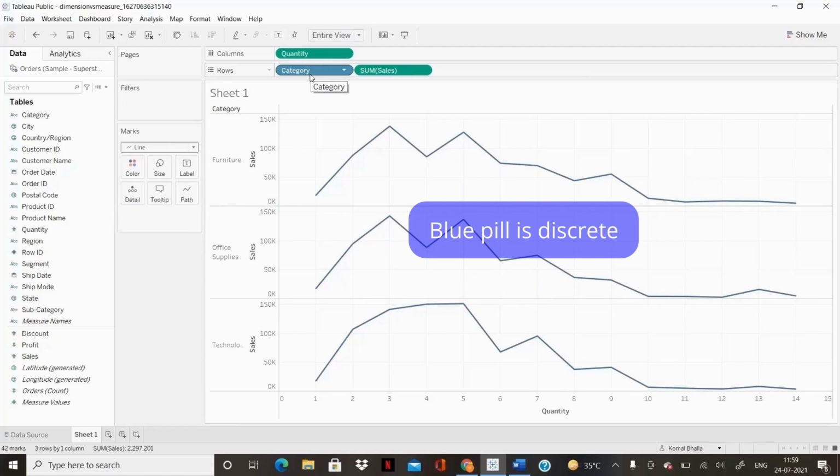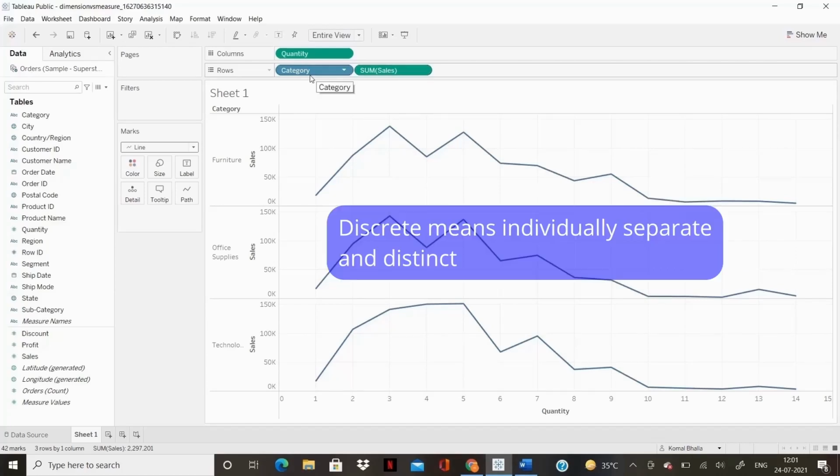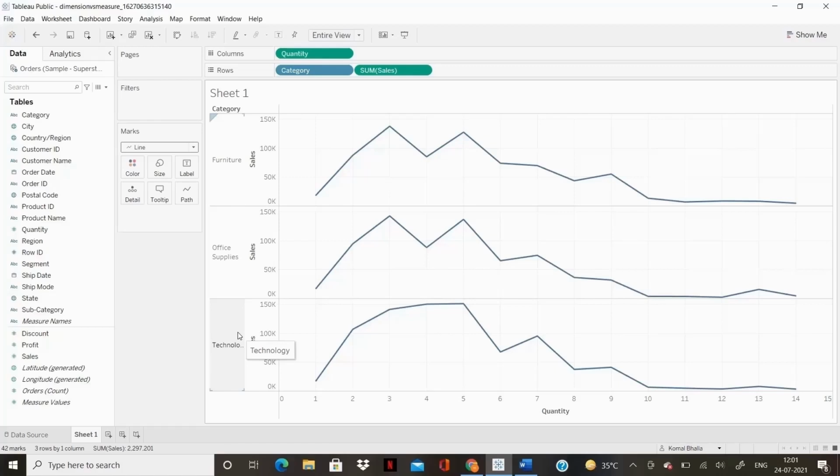Category is blue. Any blue field in Tableau is discrete. When you come across something green that is a continuous field, you should think of something forming an unbroken whole without interruption. Discrete field category, furniture, office supplies, technology are exclusively separate and distinct values.